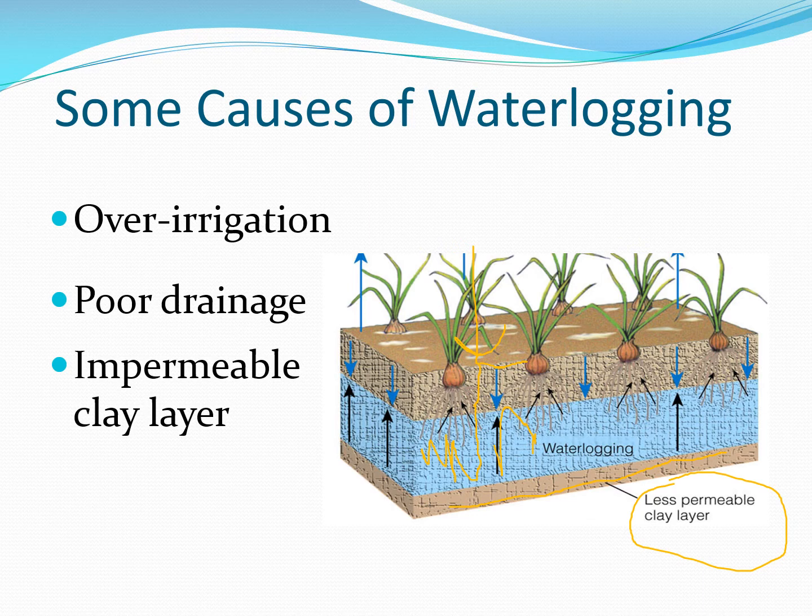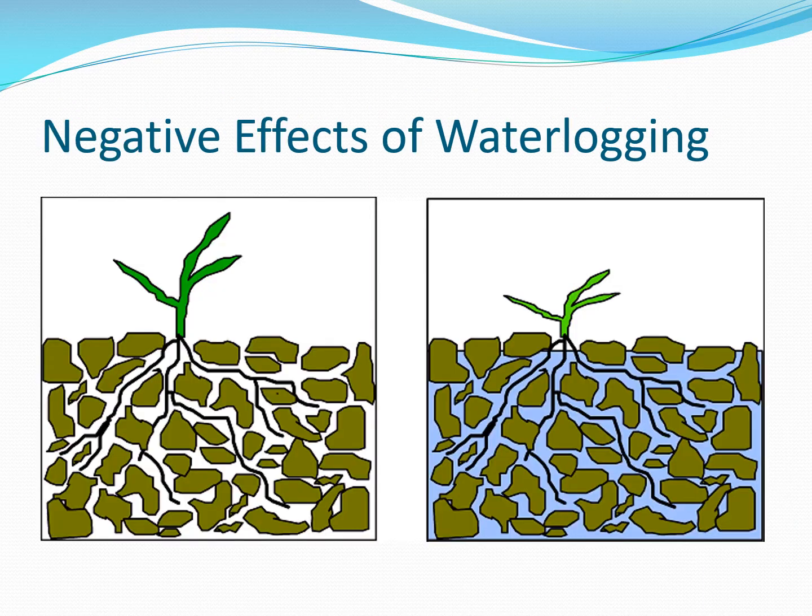So it's a combination, really: over irrigation, the soil doesn't drain very well, there may even be a clay layer blocking the water from draining. So the soil becomes very oversaturated with water. Problems with that, oh, actually nice picture, forgot. The problems with that, if these pore spaces were empty air spaces, well, if they become filled with water,